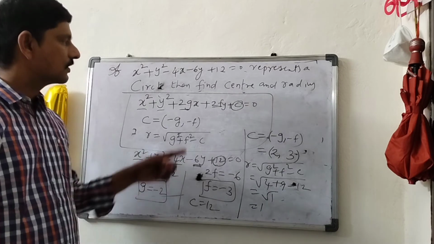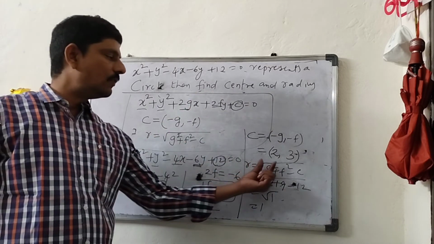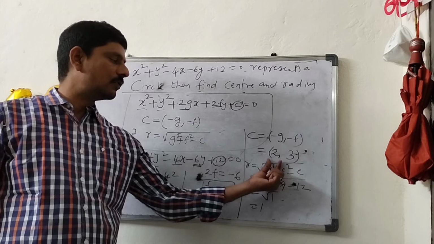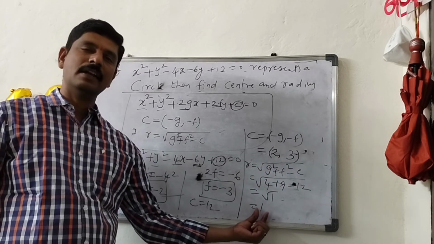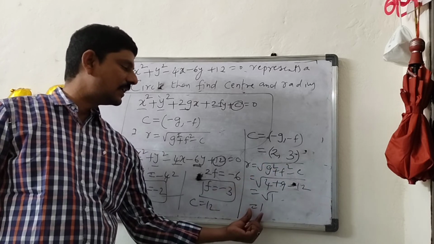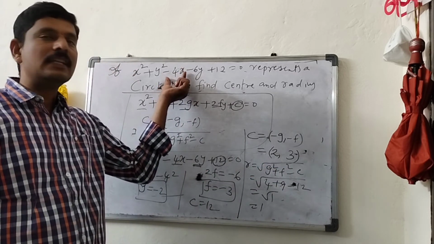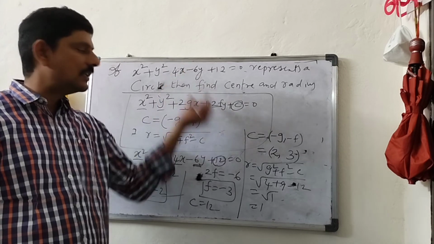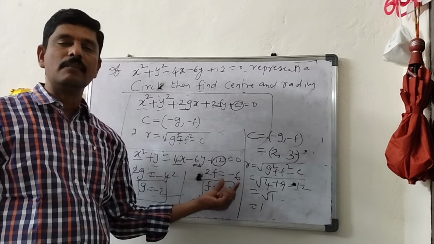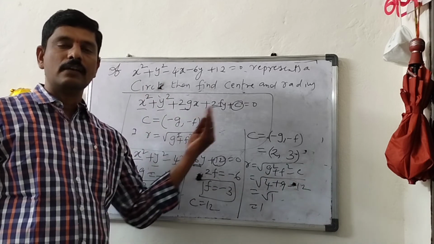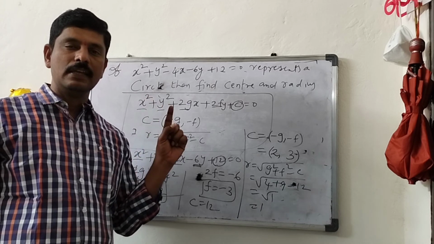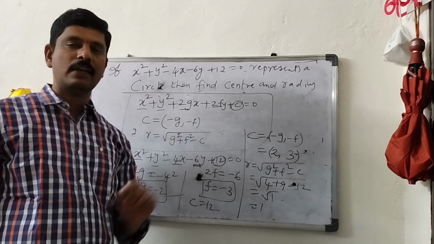Okay students. So just now we found the equation of circle with center (2, 3) and radius 1. So equation of circle with center (2, 3) and radius 1 is this, and the center and the radius of this circle is this. So vice versa. These questions are very important for 2 marks in your final examination. So one question will be sure in your final examination.